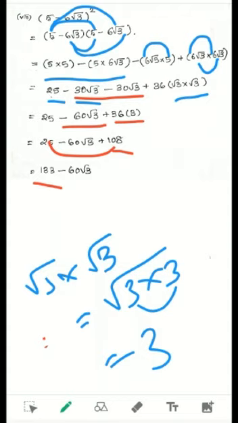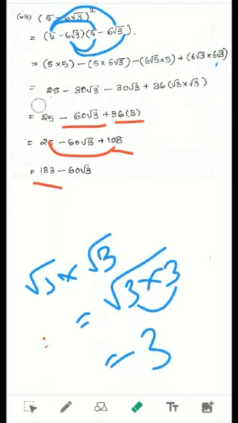So remember that first the whole square we want to expand twice, and then apply the product rule. Just you have to multiply everything like this, and then you can reach this step. After you reach, you have to add minus 30 minus 30, it is minus 60. Then you have to go with the next step. We are getting 36 into 3, it's 108. 108 we want to add with 25, it is 133. So finally we have reached the answer 133 minus 60 root 3. Actually this is one way to solve the problem.